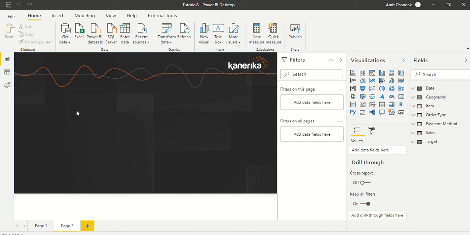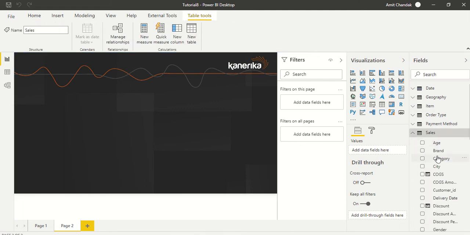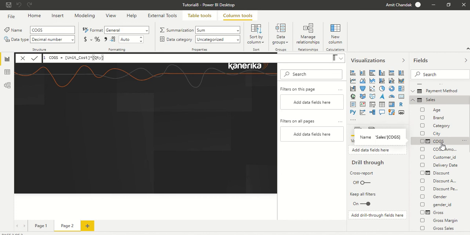We are continuing our tutorial series, and right now we are done with our modeling steps and we already created some calculated columns. Now the way is that we can go ahead and use those in our visuals, and we have a default aggregation as summarization, so we don't need to do it.